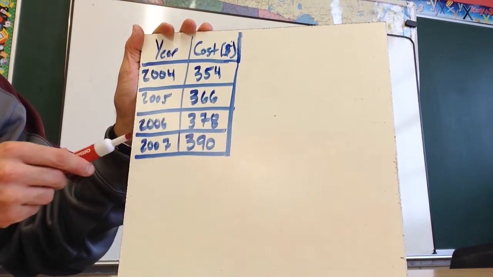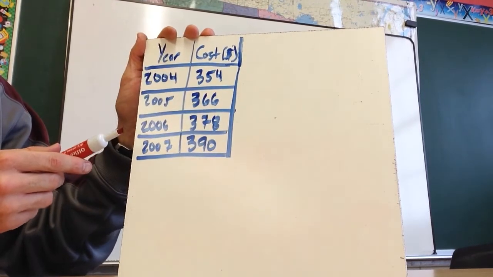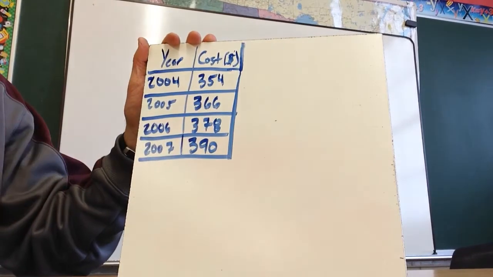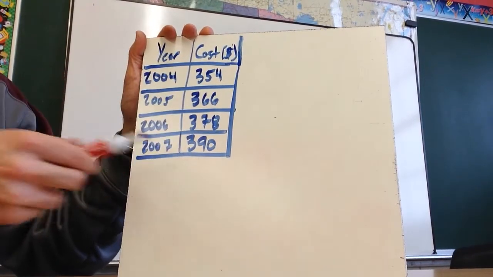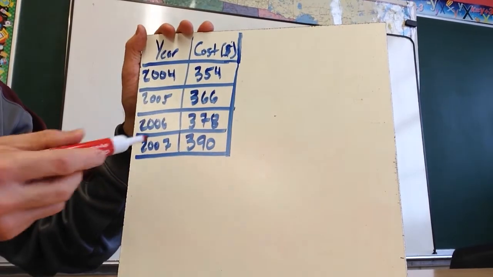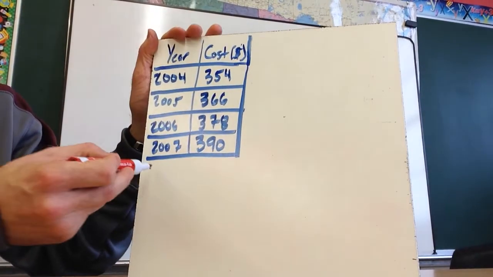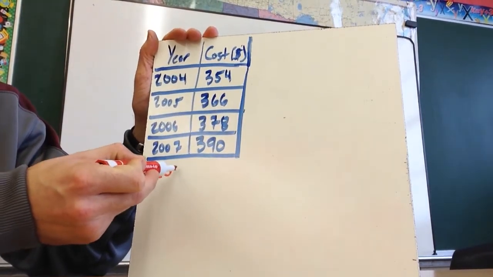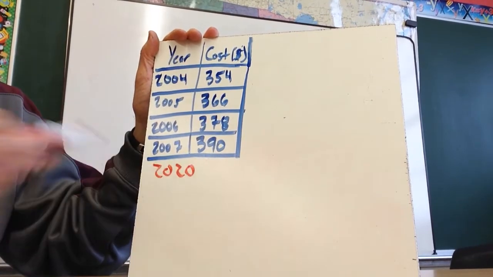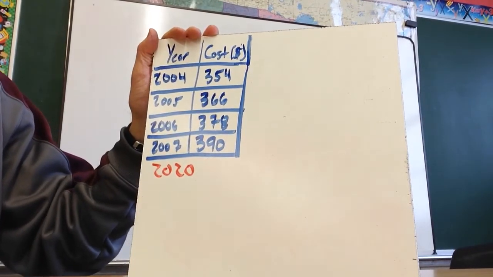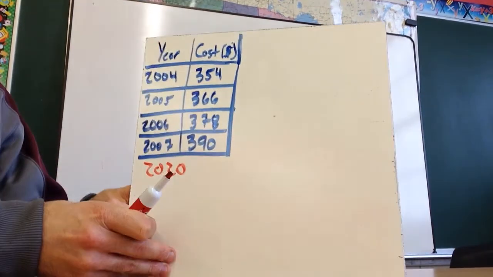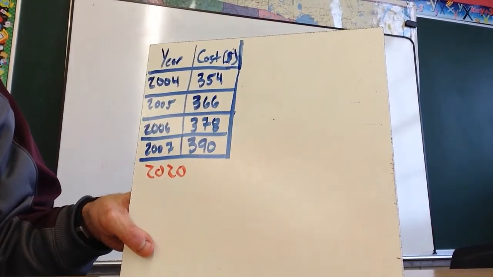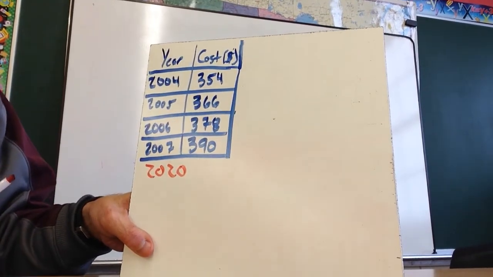So what I need to do is figure out what is the equation of this table, because the idea is that we could then use that to predict, let's say, what the cost would be in the year 2020. Right? So if I wanted to find out what the cost was going to be in the year 2020, I could use the equation that we're going to figure out. So the first thing I need to do is figure out a